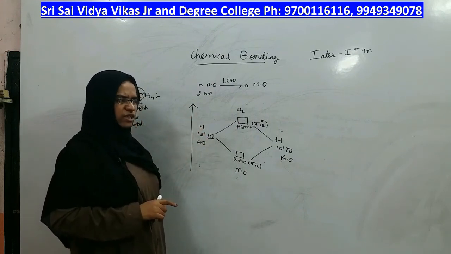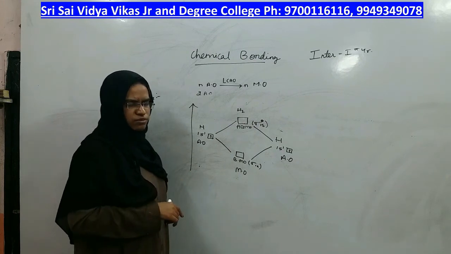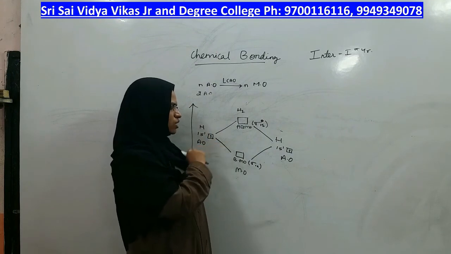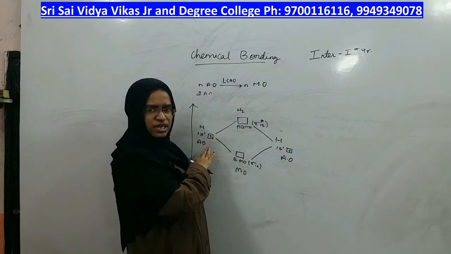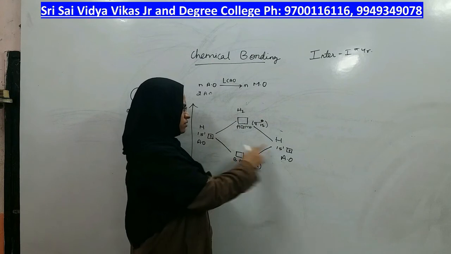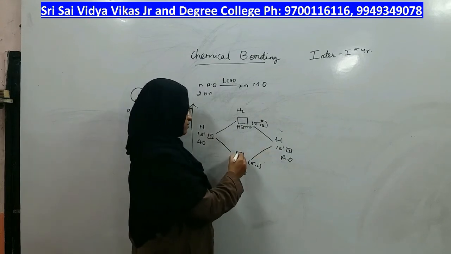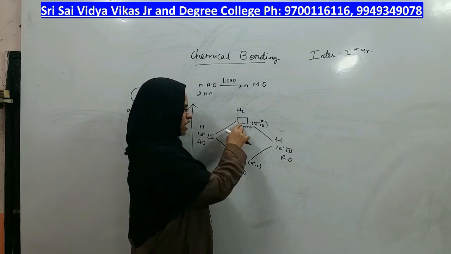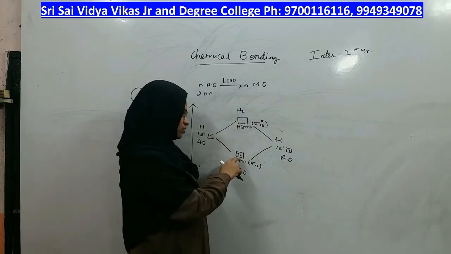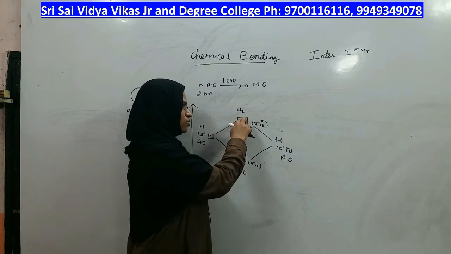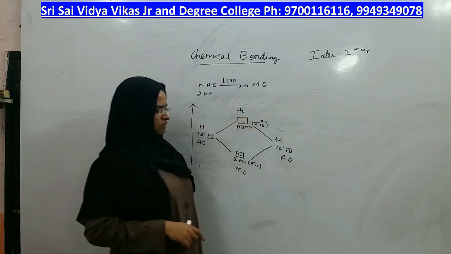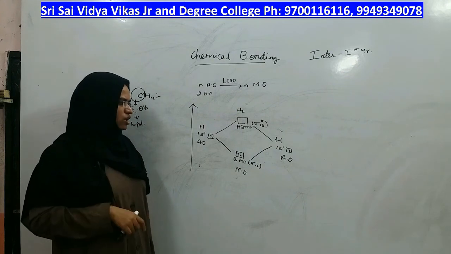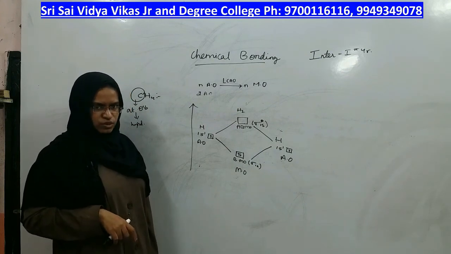Now we have to fill the electrons in the molecular orbitals by following the same rules. Total how many electrons will be there in the molecular orbitals? Count the total electrons present in the molecule: 1 plus 1, 2. Without pairing in the lower energy, can we go to the higher energy? No. So both electrons come here only. No need to take any electron to this level. This is the molecular orbital energy profile diagram of the hydrogen molecule, which is the simplest molecule.